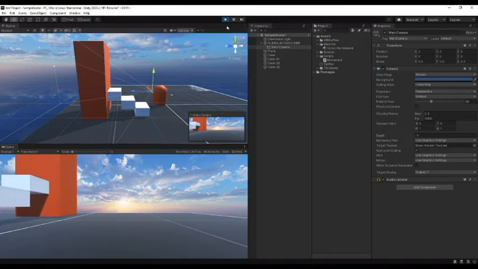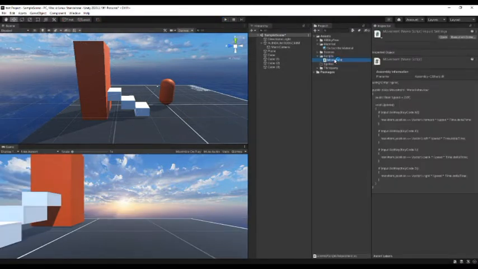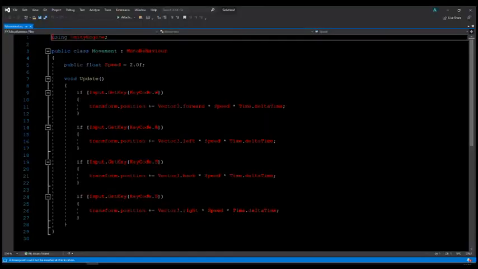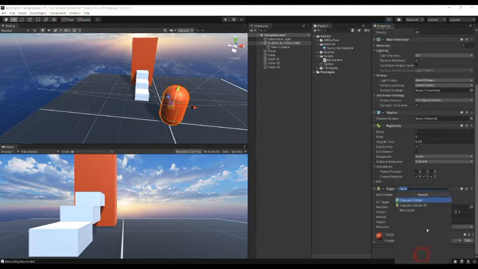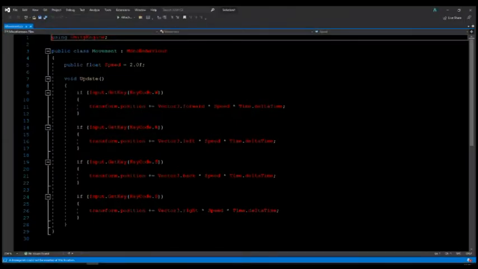But now we are going to do the new movement script. How to do it? Just open the movement script we did in our last video and let it open, and we're going to edit this into a beta script. This is a little bit of a big script, but you also need to add a new component. You just need to go to the add component over here. Then it is called the character controller. Add it and don't change anything over here because it will stay as it is, and then head back to Visual Studio and do the new script.